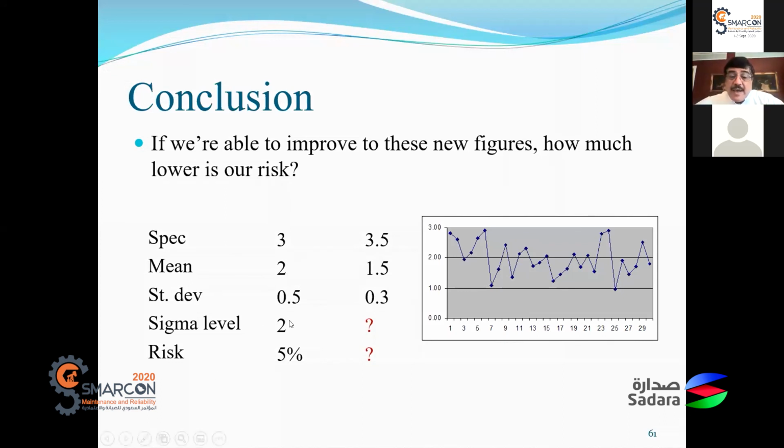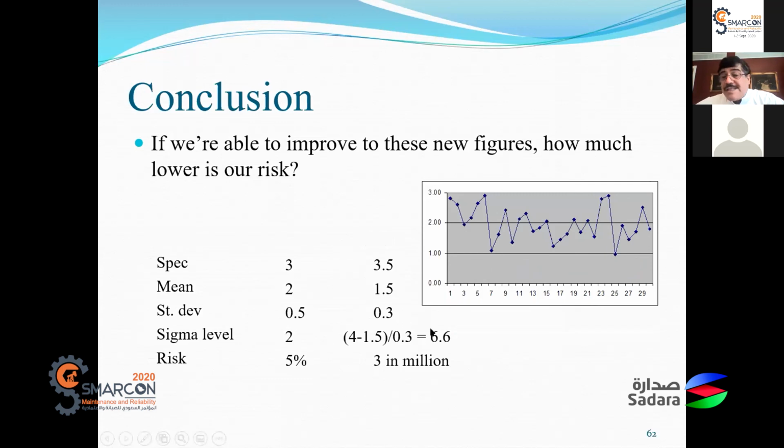The sigma level here is 2 and it corresponds to 5%. So what is the sigma level here? The sigma level here is basically you subtract these two numbers, 3.5 minus 1.5, that's 2 weeks, divided by 0.3, you get 6 sigma. And what does 6 sigma mean? That means now, if you are able to change just these few parameters, you will be able to shift from 5% risk, and 5% risk is very high, to basically 3 in a million chance that you will not be able to meet your customer